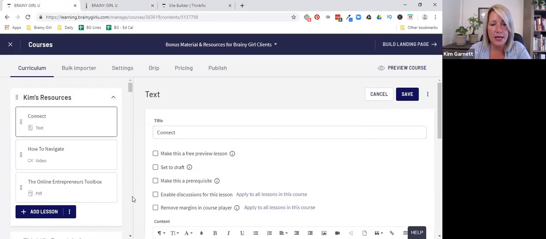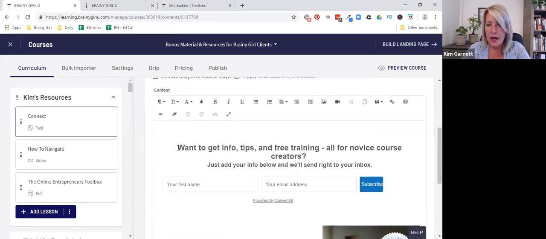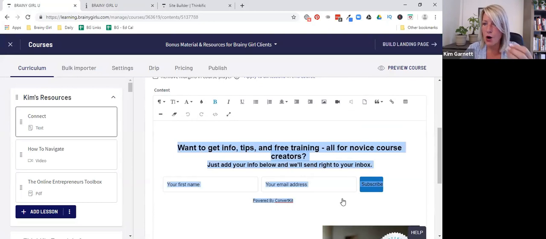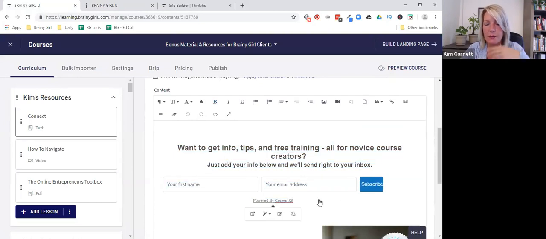And then you simply go into your course, use a text lesson. When you set this up, you'll get some code. ConvertKit or ActiveCampaign or whatever you're using will give you some HTML code. And to get that into a text lesson, you just go into Code View,